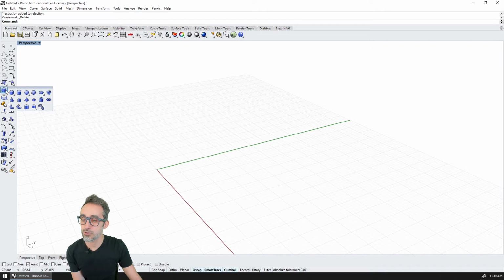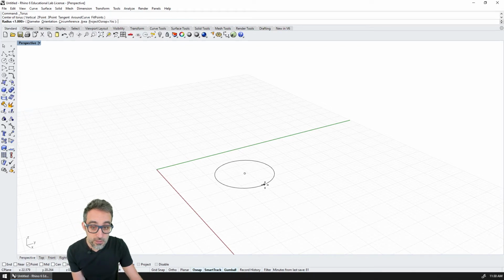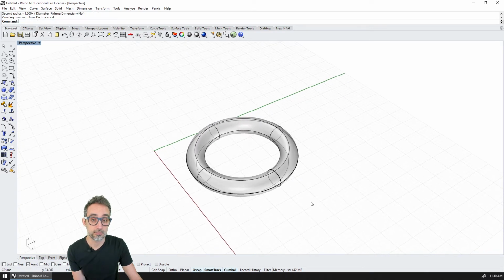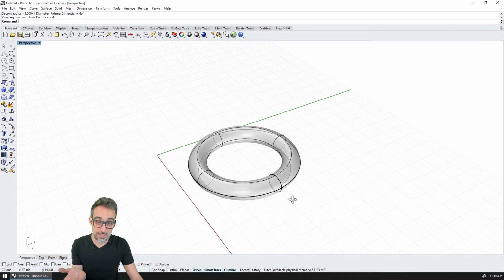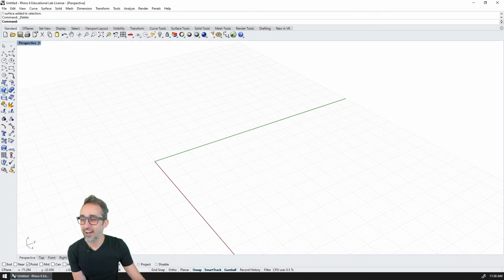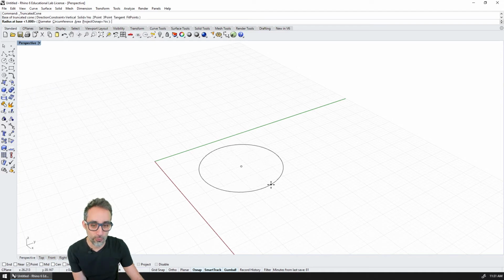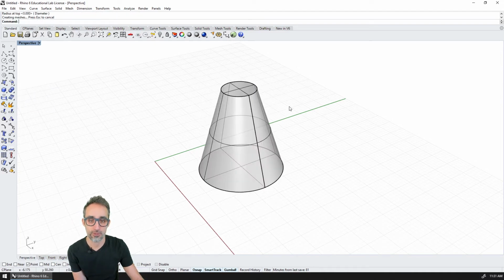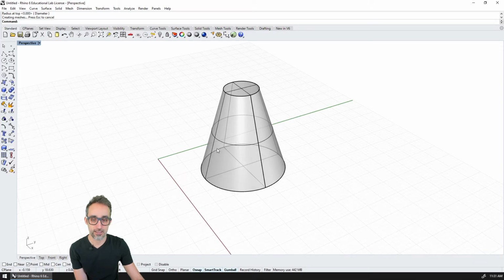Same goes here, so you can do a bit more complex stuff, like for example, a torus, right? And in the case of the torus, this is actually one surface, which is bent on top of itself. Or for example, you can do a truncated cone or something like that, right? Where you can see clearly that it is also, again, three surfaces stitched together.